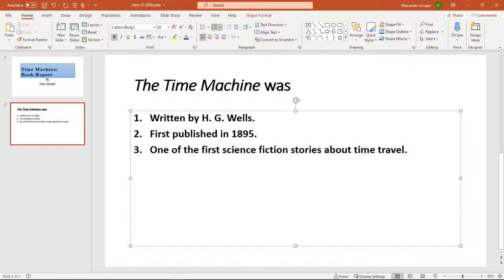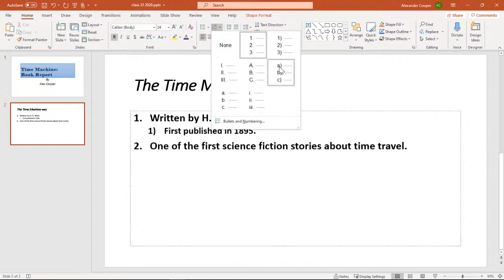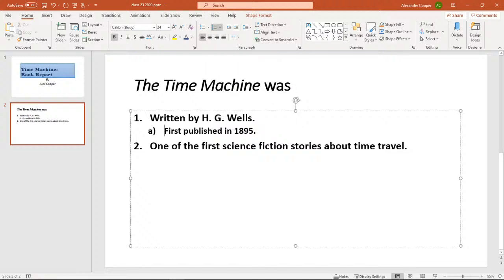Now let's talk about our sub. Say you did 1, 2, 3, but you actually need this to be a sub underneath the 1, and you need this to be a 2. You can sit here and fight with it and do backspace and all that. I'm going to give you the secret: you go up here and click Increase List, and it makes it a sub. I don't like that it's the 1. Why don't you make it something else? Yeah, there we go, that makes more sense. So it increases the sub.